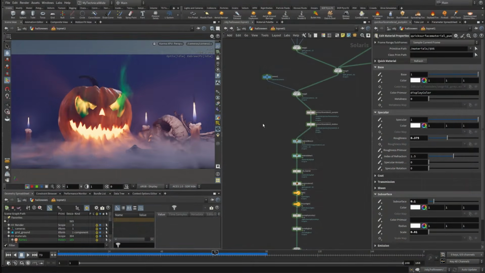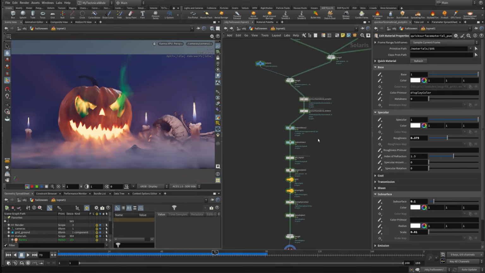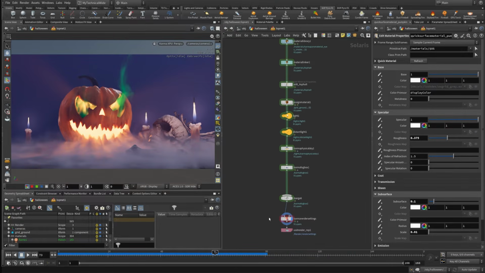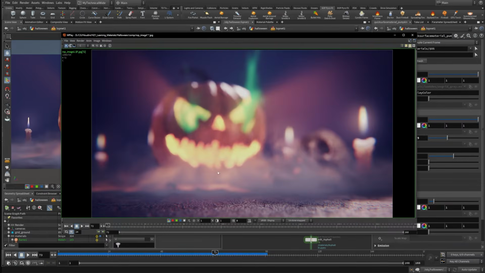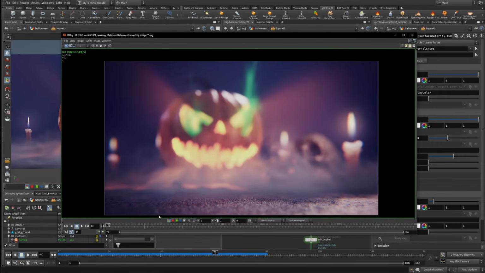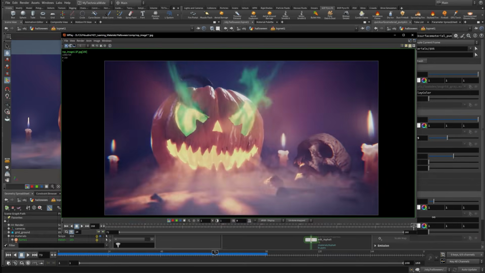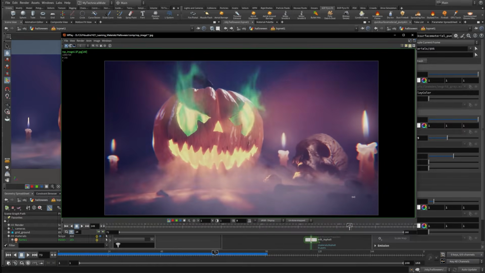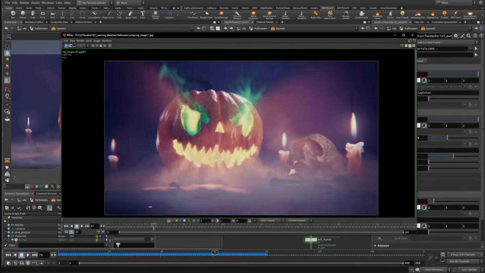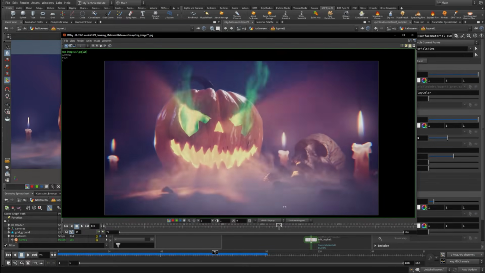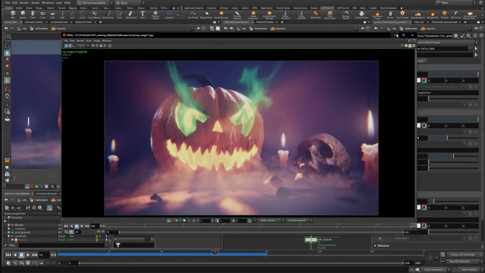Welcome back. In this part, we will take a look at final adjustments to the lights, render settings, AOVs, and also how to animate the camera. So basically, if we take a look at this, the camera looks like it is doing something called a dolly zoom or vertigo effect. The pumpkin stays at the same level, and everything else stretches towards the camera. And I'll show you how we can create this in